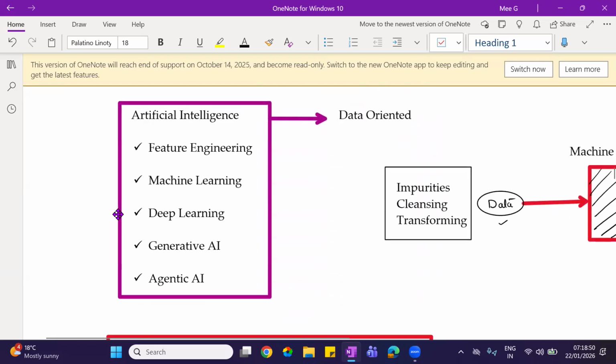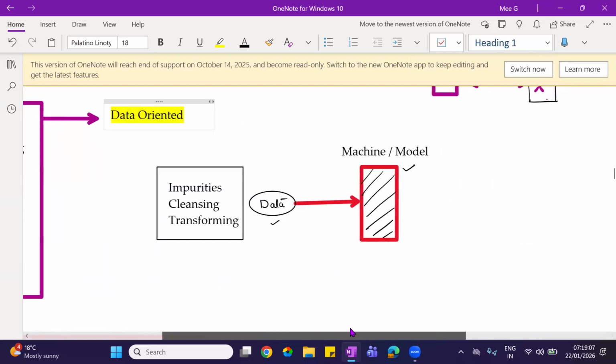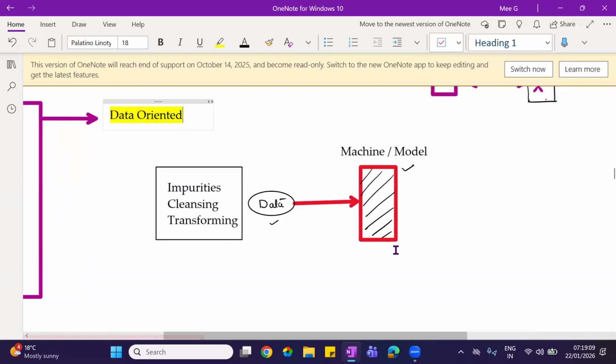Now, artificial intelligence is completely data driven as of now. Why I'm saying as of now, we will see in today's class. Whenever we want to make a machine intelligent, we will pass the data, and the machine will learn from the data and become intelligent.